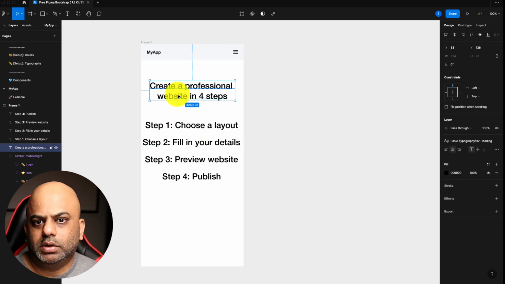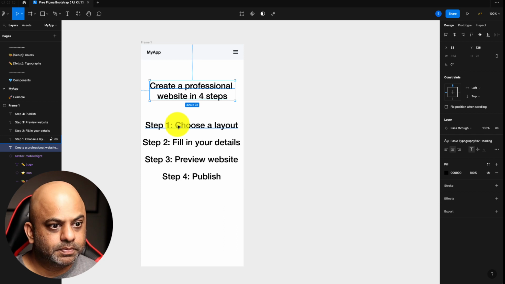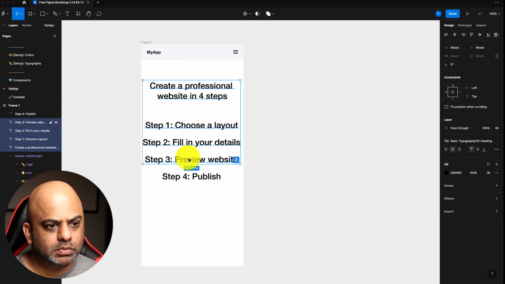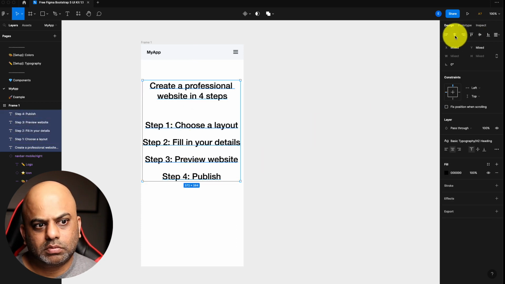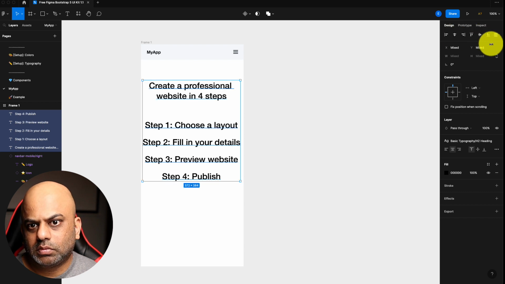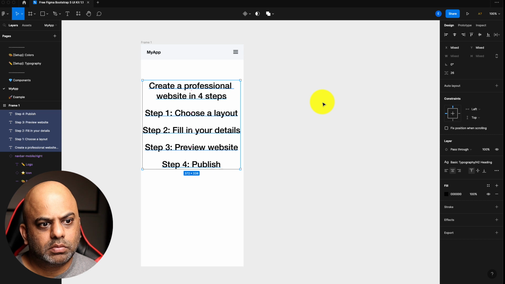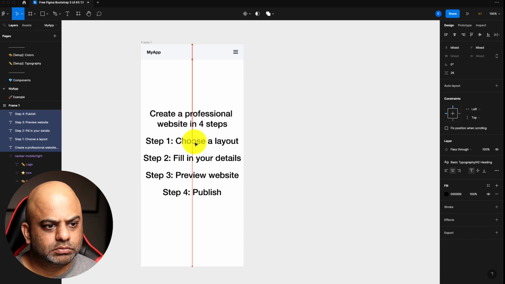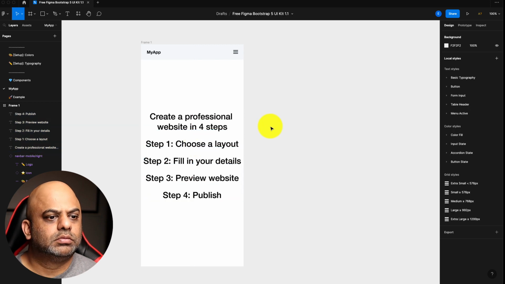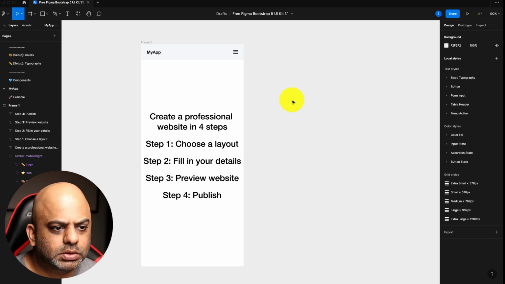Let me try to align all these. As I said, I'm not going to do too much designing here.